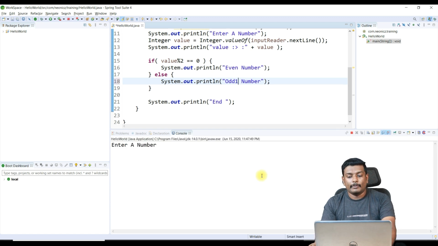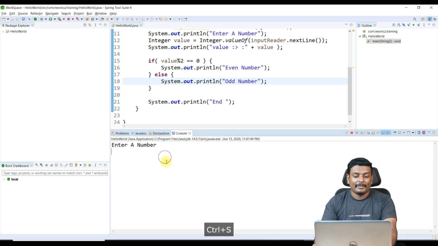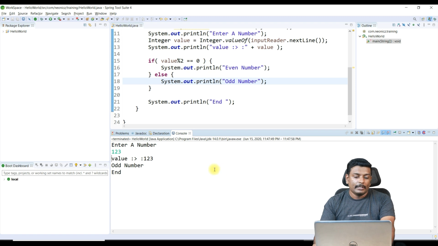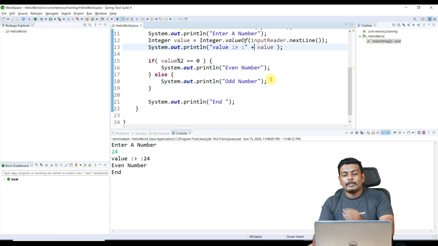Okay, I'm going to give somewhere else 1 2 3. It's printed. The value which I entered is 123 and it's an odd number. Run again. What's going to happen? This number is asking 24. So 24 is an even number. So this is a use case of if